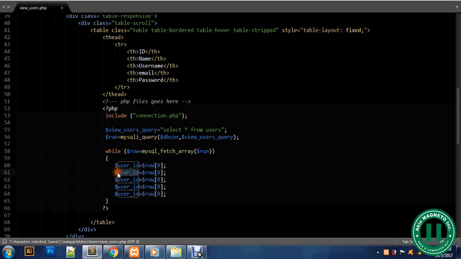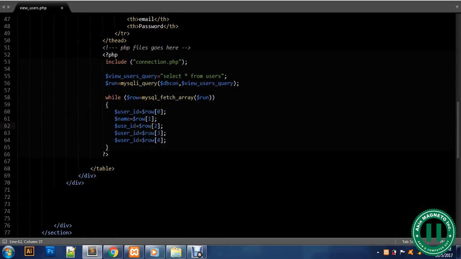Now start changing this. Name, row changes to 1, 2, 3 and 4. Now let's change this name, username, user email. Okay, the next one here is user password. Now the next thing we're going to do here, after this,